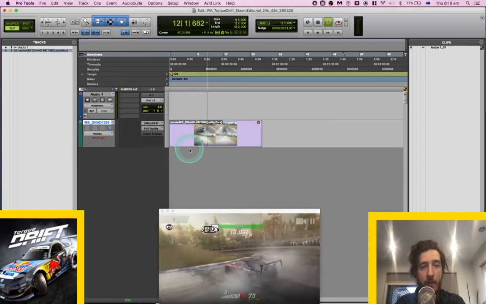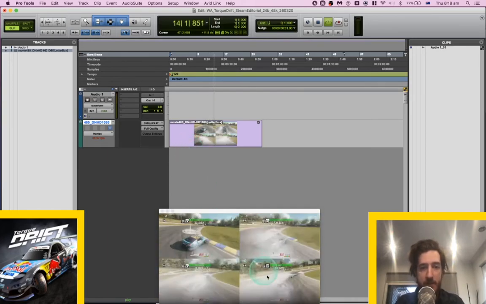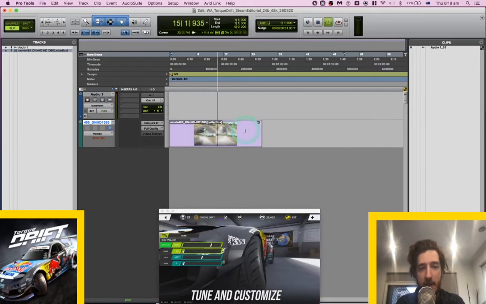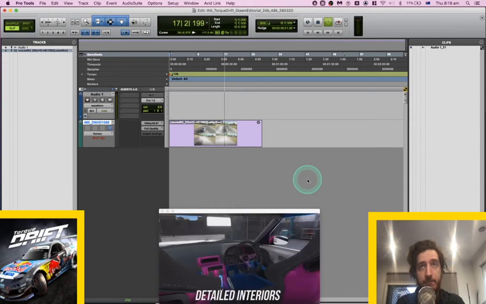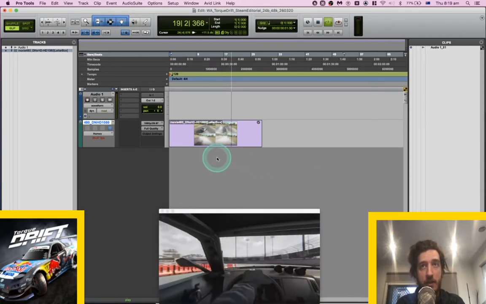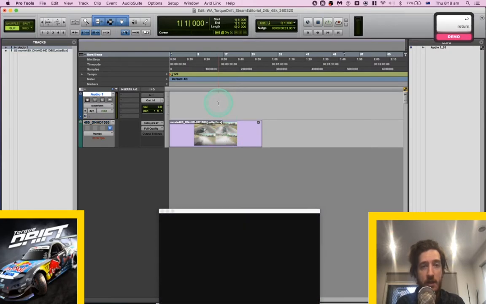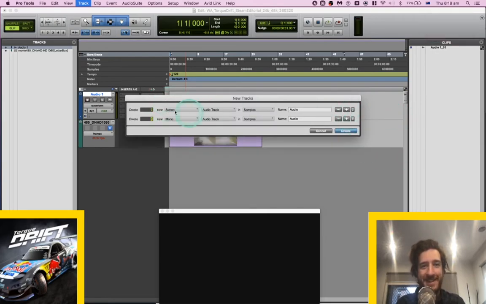We can put it in a bit, but essentially I'm just looking to go in and get some of the spot stuff, so some of the whooshes and things like that. For right now, I'm not overly concerned with getting everything. I just want to make it a little bit more exciting, and then we'll put it all together towards the end. So essentially I'm going to go in and poop out a ton of audio tracks. I don't think that's a technical term.